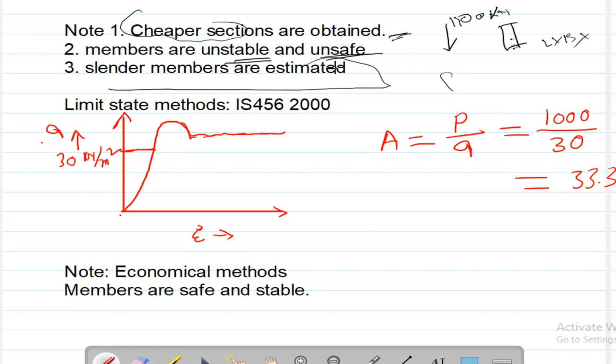These two methods have some disadvantages and some advantages. The main advantage of the ultimate load method is cheaper sections. And the advantage of the earlier working stress method is that it is stable. Whatever load comes on the beam, generally this particular column will not fail if we design in working stress method. So combining these two methods,